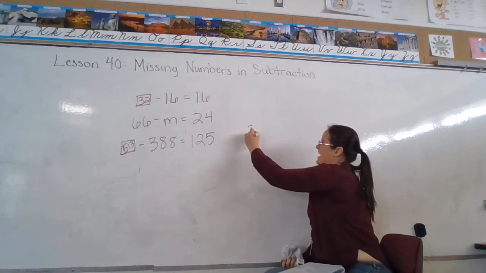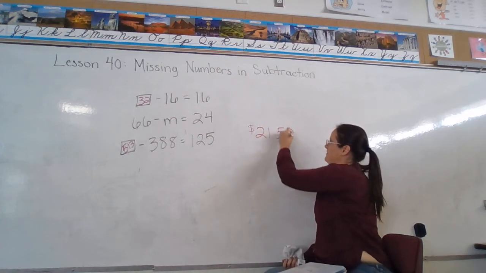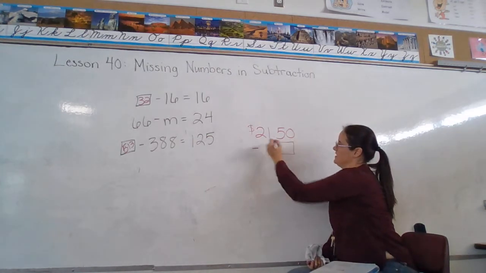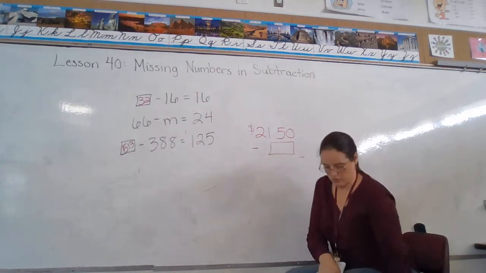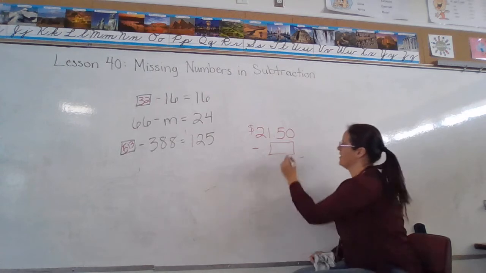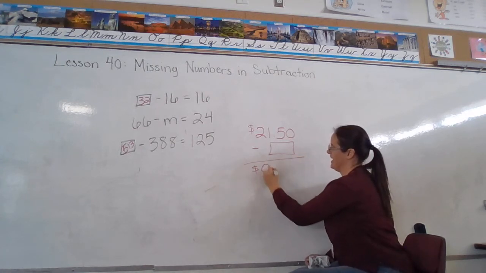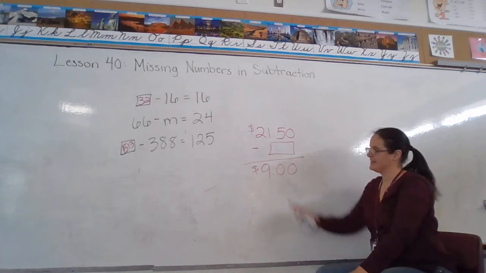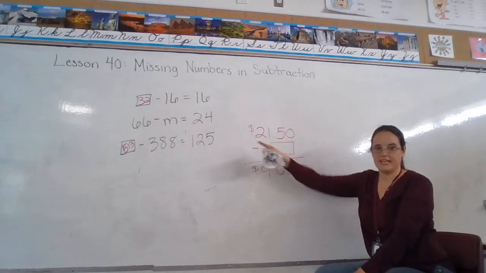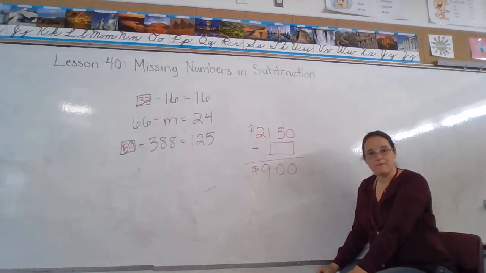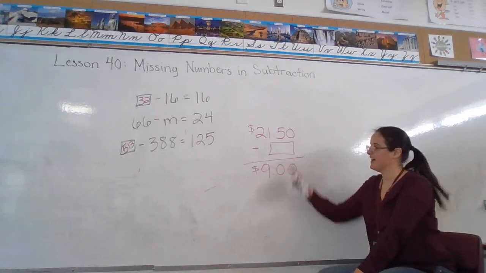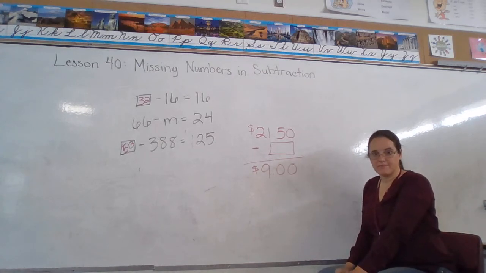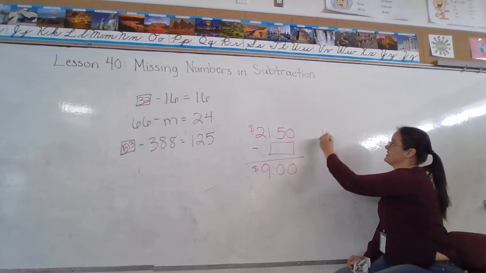Okay, Angus had $21.50. He spent some money. They don't tell us how much. So he just spent some money. And then after the carnival, he had $9 left. Where's my bigger number? In a subtraction problem, it's at the beginning. So $21.50 is my biggest number. How do I find a smaller number? Will I add these two, or will I subtract them? I want to subtract. So I have